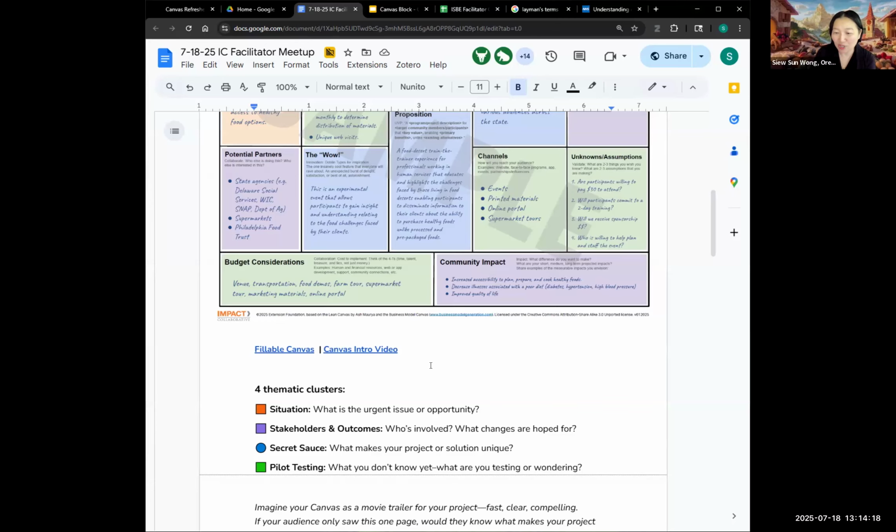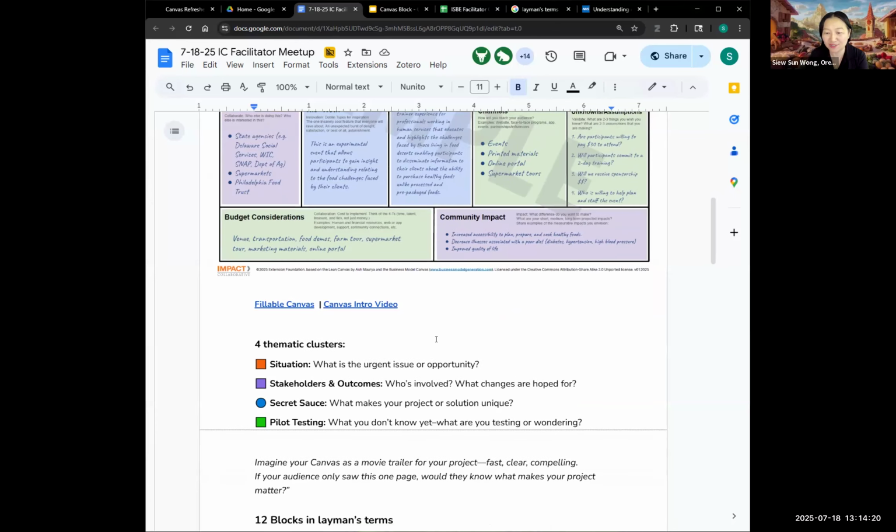Then the purple clusters: stakeholders and outcomes. Who is involved? What changes are hoped for? The blue clusters: the secret sauce, what makes your project or solution unique. Then the green clusters: pilot testing, what you don't know yet. So what are you testing or wondering?